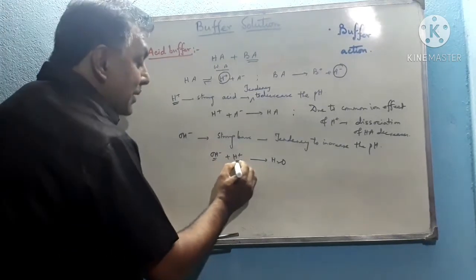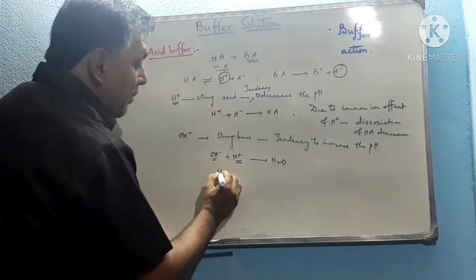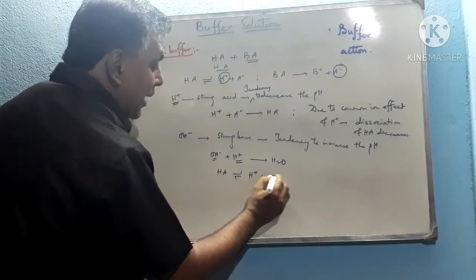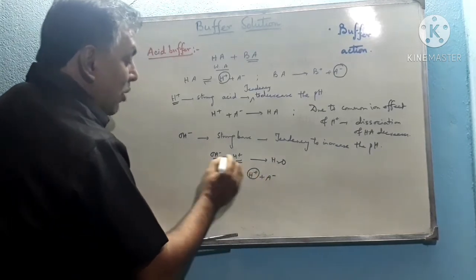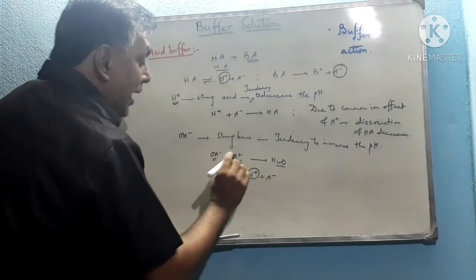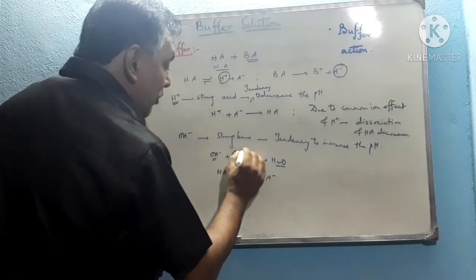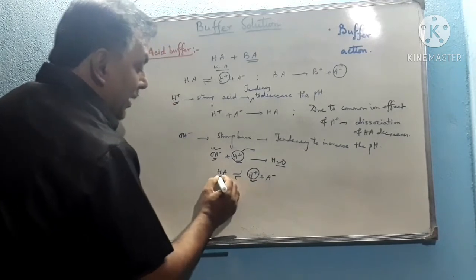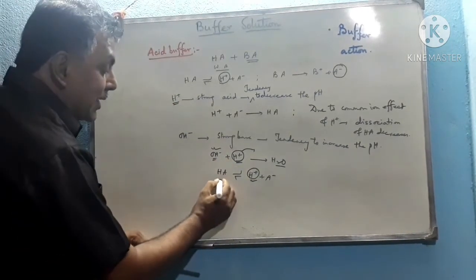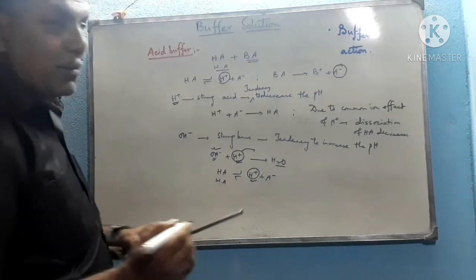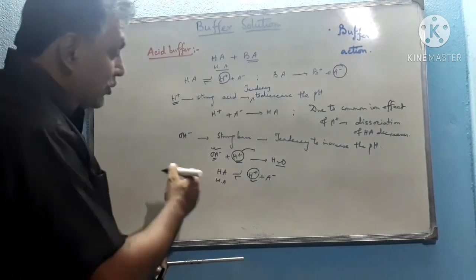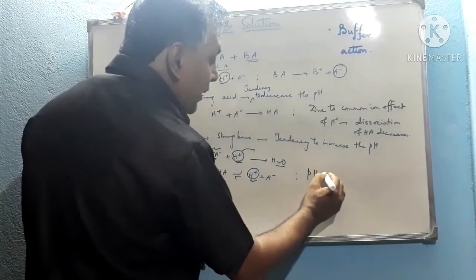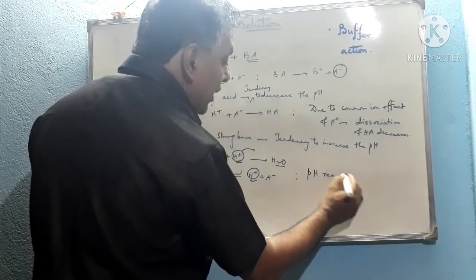So how does this H plus come? Again, HA maintains this equilibrium and dissociates slightly to form A minus and H plus. So that H plus combines with OH minus to form H2O. Thus, if H plus is removed by combining with OH minus, an equivalent amount of H plus will be formed by the dissociation of the weak acid. Since it is a weak acid, it maintains the equilibrium. Some part of the HA remains in its molecular state. It dissociates to form H plus again and thus the pH remains constant. So pH thus remains constant in an acid buffer.